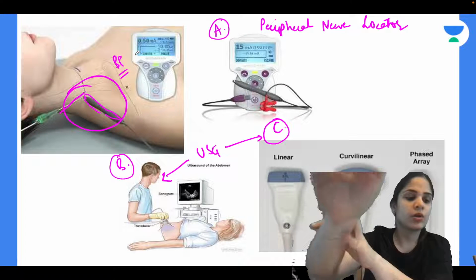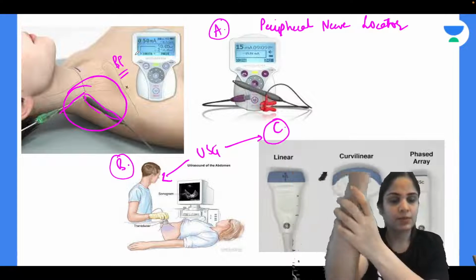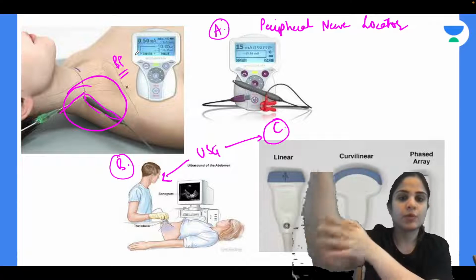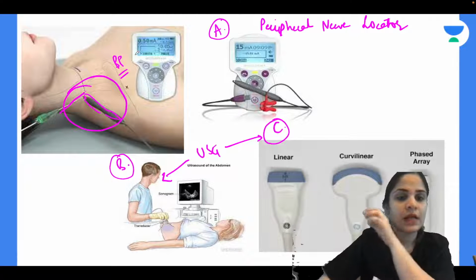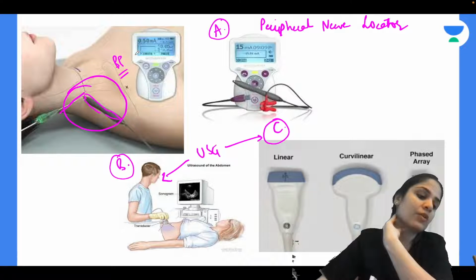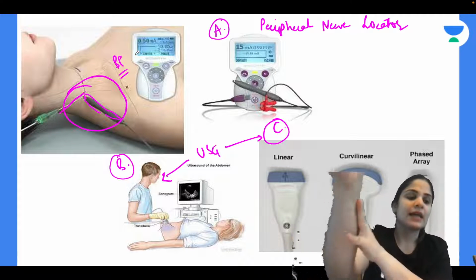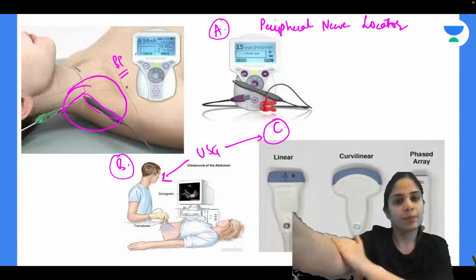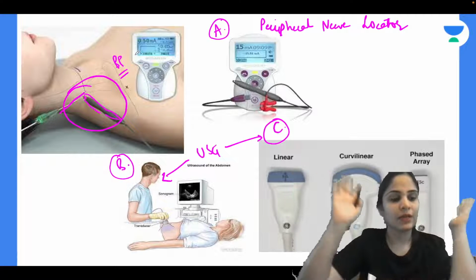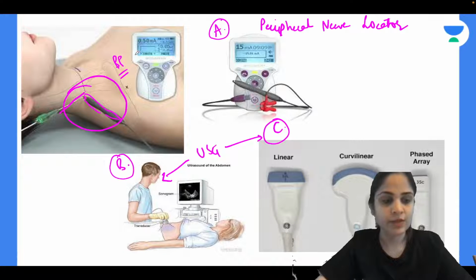So if I want to do any kind of upper limb surgery, suppose I want to do surgery of the forearm or surgery of the arm, in that case what I need to do? I need to give local anesthetic along the brachial plexus. So this entire brachial plexus gets completely numbed. So this entire hand becomes numb. It loses its motor and sensory power and I can operate on this hand without giving any other anesthesia to the patient. Okay, so this is a form of regional anesthesia.